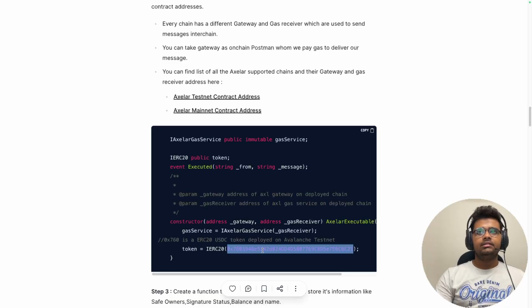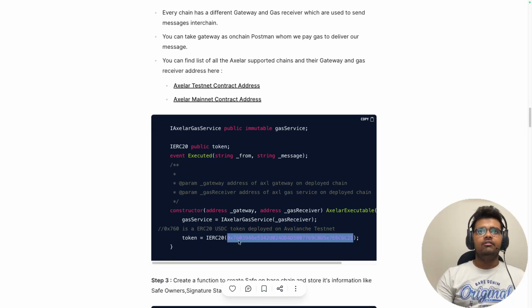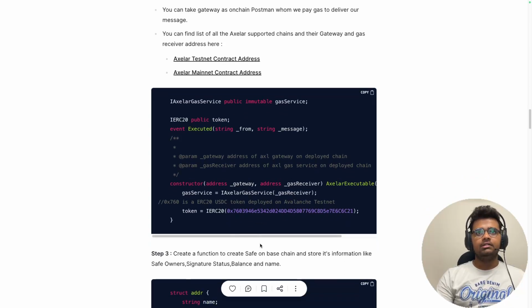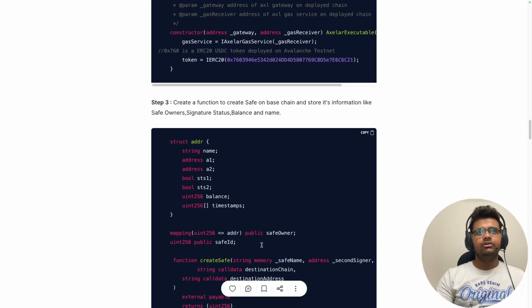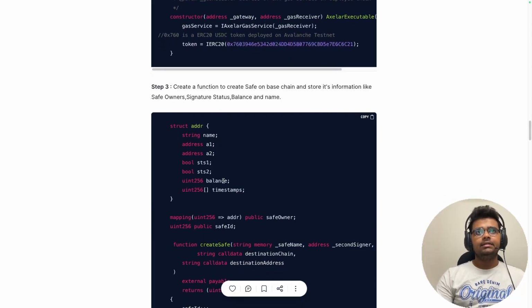This token address is a token which I deployed myself on Avalanche, and you can check this particular address on the Avalanche testnet explorer, and we'll be using this to add and withdraw funds into the safe. In step 3, we are declaring a struct which will be storing the basic details about the safe,